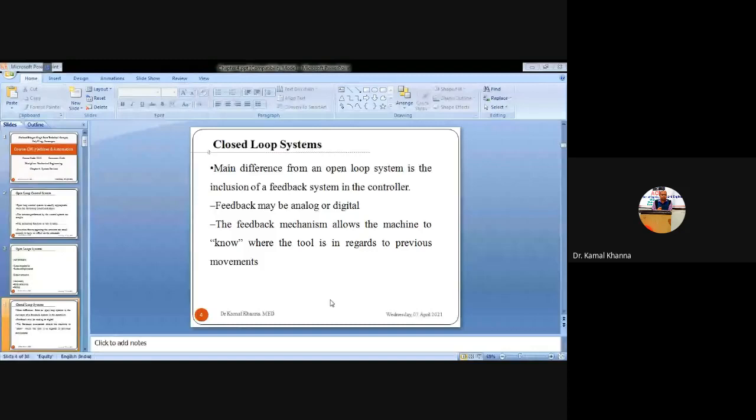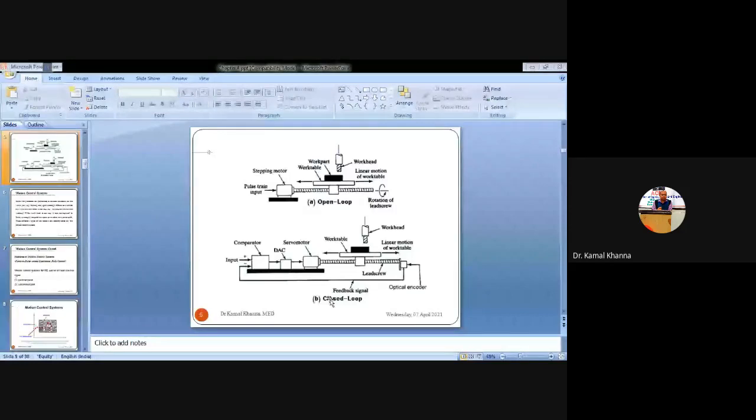So this is the image where you can understand what the open loop control system and the closed loop control system are. In this you can see that we have an input device, that is the stepping motor, which is providing the external power to the mechanism or to the machine. And you can see this is the work table. You can understand through the cursor of the mouse, this is the work table on which the workpiece is being placed.